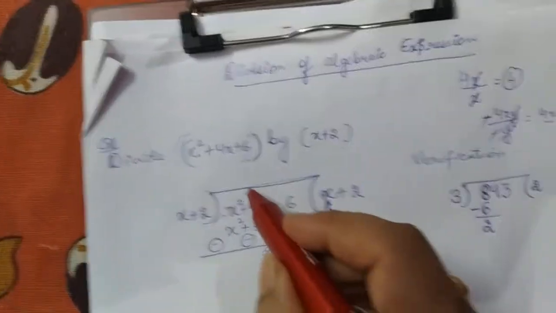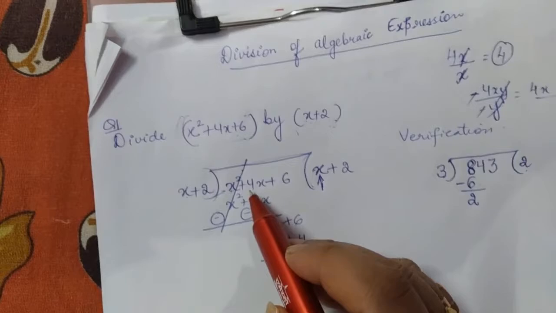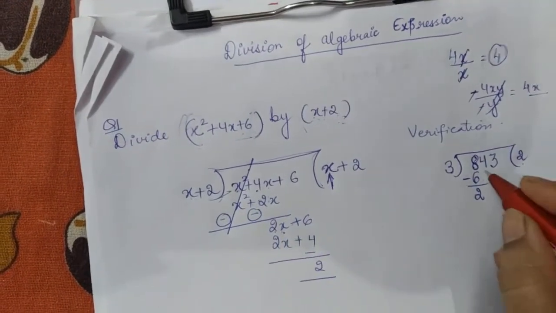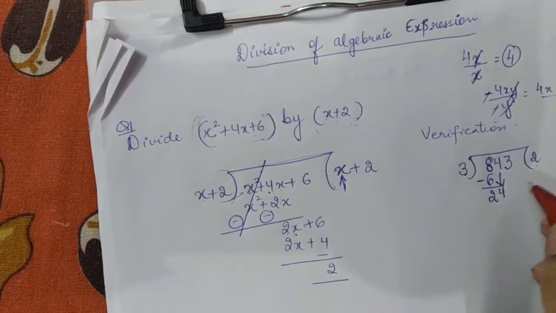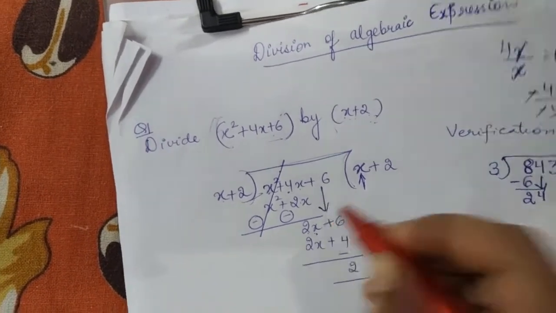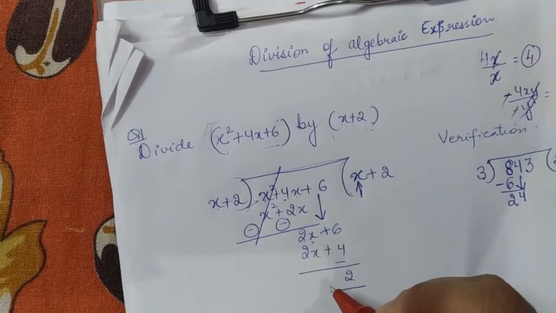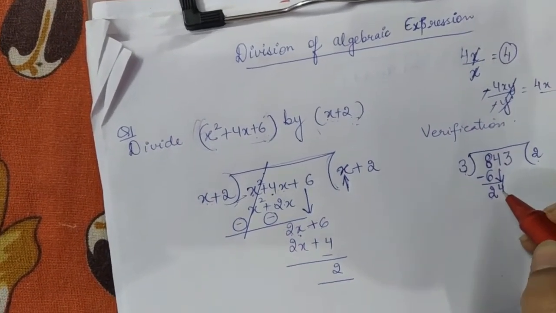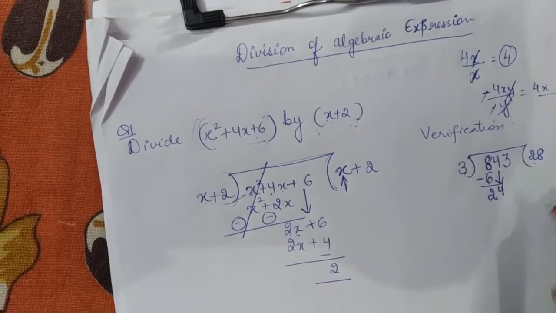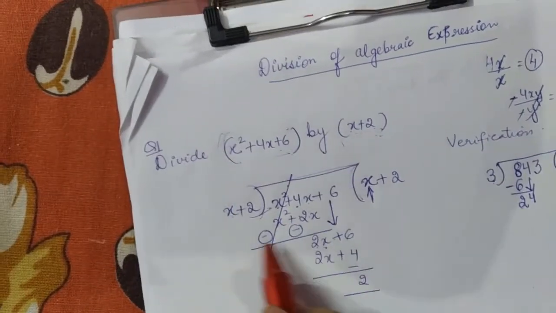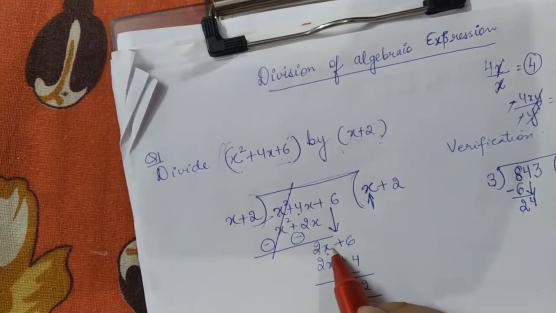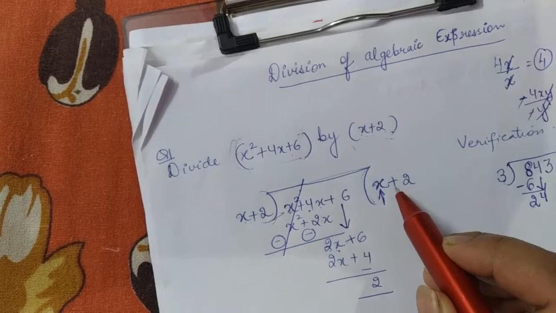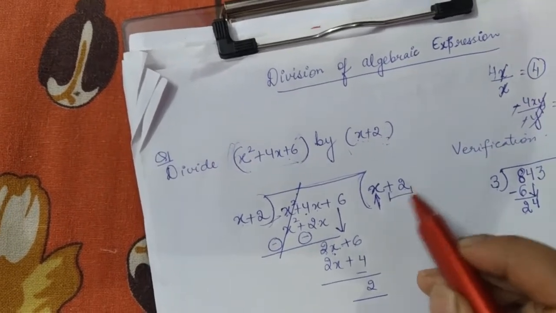x square minus x square completely cancelled. 4x minus 2x, what did we get? 2x. Now as we call the other number down in normal division, similarly here also I have called this plus 6 term down. Now how do we do it? 3 in the table of 24, is it coming? Yes, it's coming at the place of 8. Similarly, I am doing over here. From x, I have to go to 2x. So by what should I multiply this? With positive 2. So positive 2 is my next selected term.